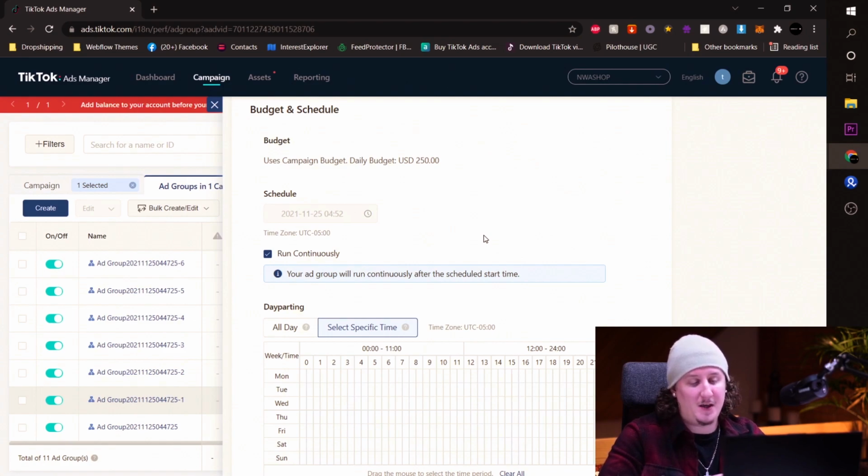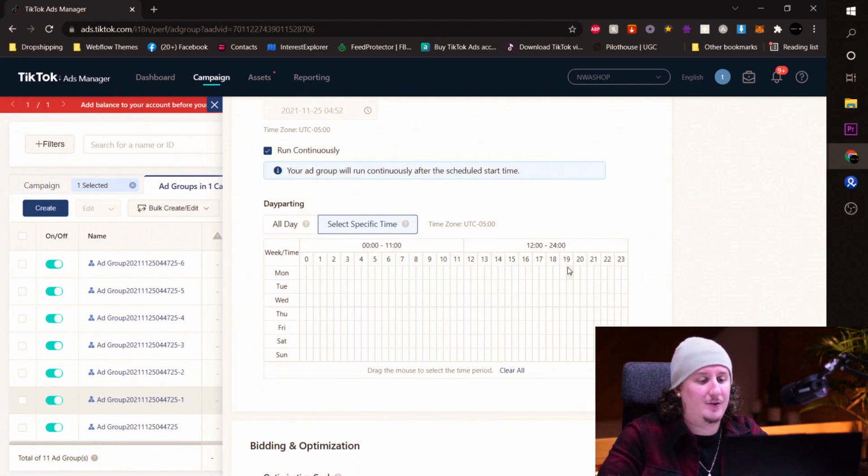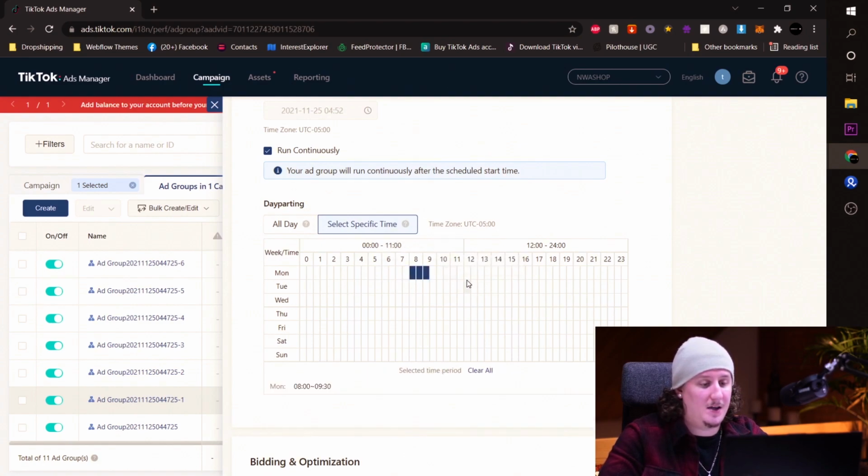But figuratively speaking, most of the time for an adult, they're going to be purchasing within the initial time frame that we went over in the first module, which is 8 to 9, 11 to 1, basically 5 to 7, and then 9 to 11. 9 to 11 obviously being the biggest spike, especially with TikTok, because that's when normally people are on their phones. So in this particular case, I would follow those same rule sets. Okay, 8 to 9. I'll just do it for Monday as an example. We'll do 11 to 12. Then we'll do 5 to 7. And we'll do 9